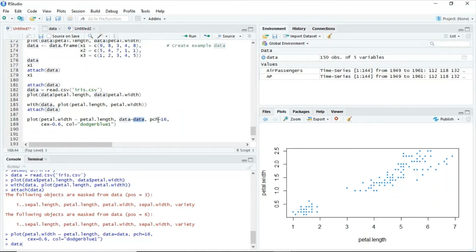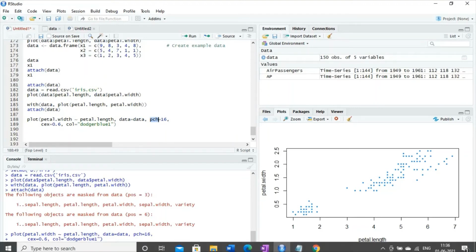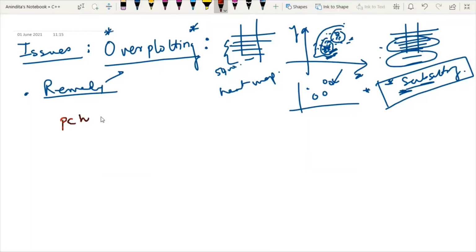Now the most important point. Here I have written one word, pch. What is the meaning of pch? The pch term is used to represent plotting characters. Whenever I assign a pch value of 0, it will plot the values in the scatter plot as squares. If I write a pch value of 4, it will plot everything as crosses. If I write a pch value of 16, it will fill the dots in the scatter plot. We have so many options. If the pch value is 17, then it will provide filled triangles.